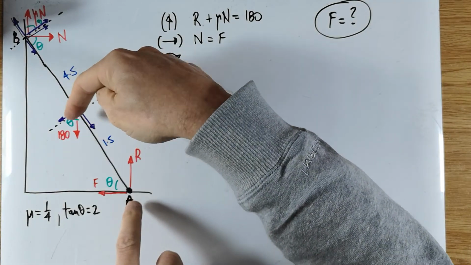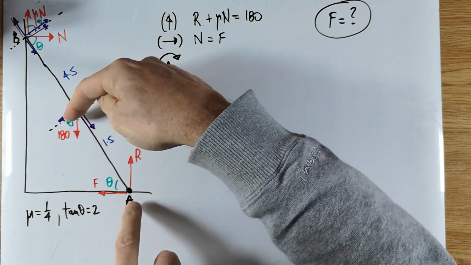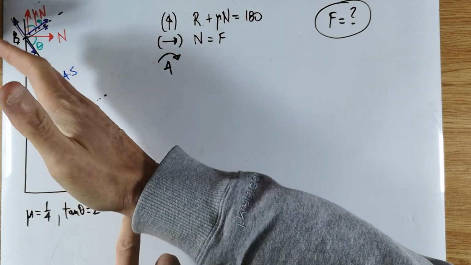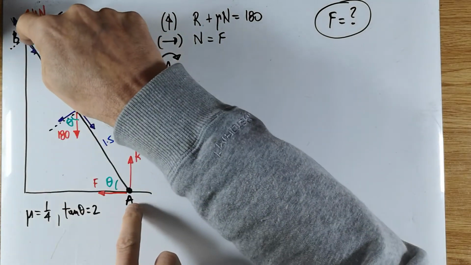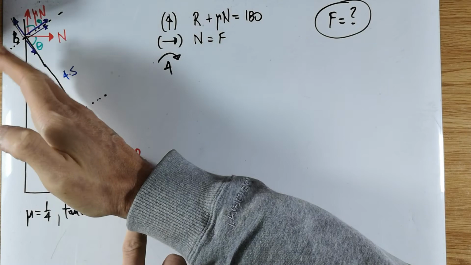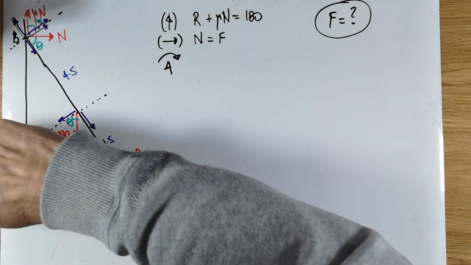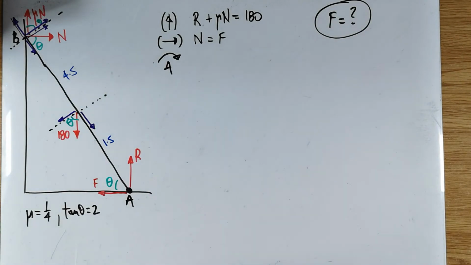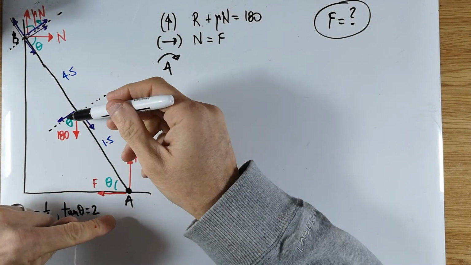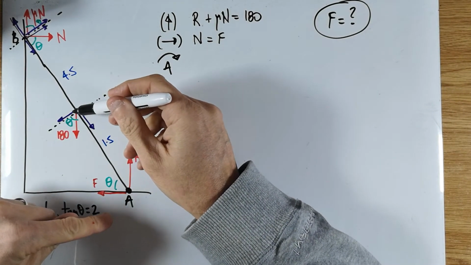The only things that can swing it are this force, which can swing it to the left in an anti-clockwise direction, and those two components, which can swing the ladder in a clockwise direction. So now we need to calculate moments. Starting first of all by looking at this component of the force, which